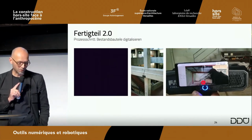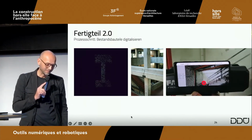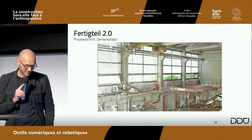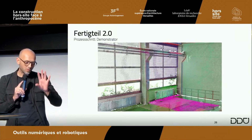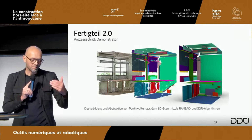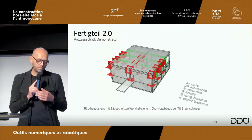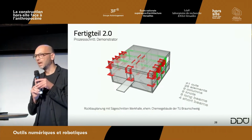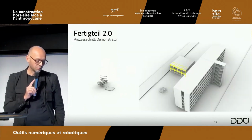And yeah, again, the process, so 3D scanning of elements, and we go to the next slide. And then from the point cloud that you see here, next slide, to identifying regions in that point cloud that might belong to certain elements, next, which then step by step lead to a more refined geometric description. And then here we identified the areas where we would like to cut buildings into pieces to gain these elements. Next,